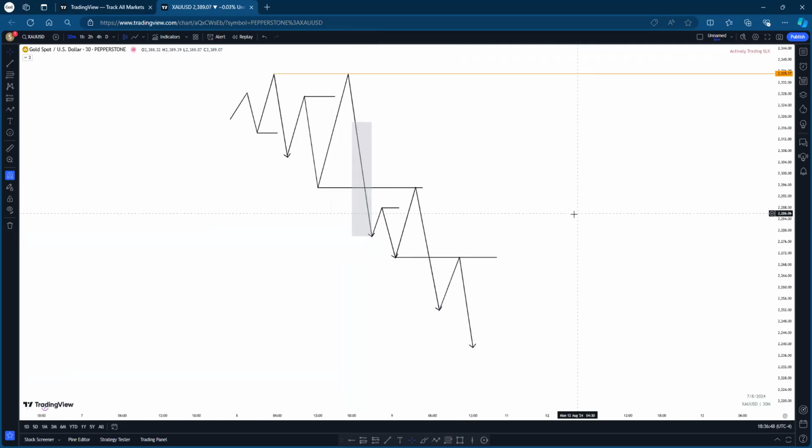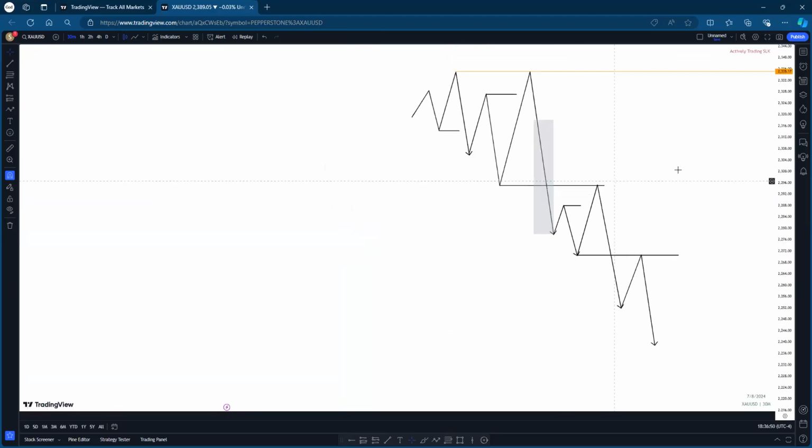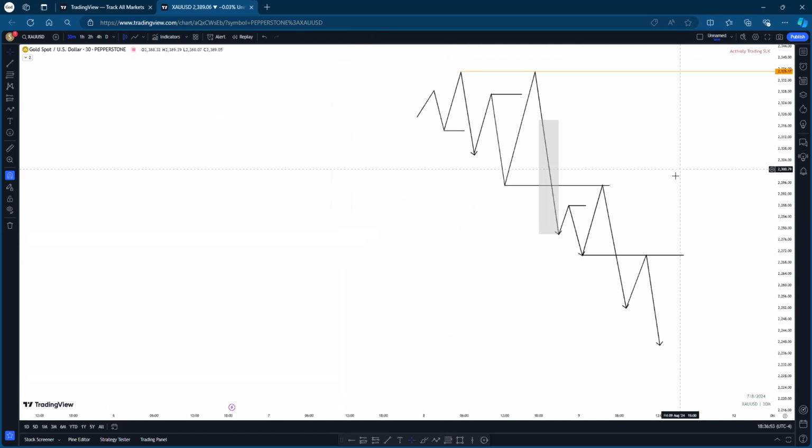So the moment you have context in trading, one of the things I emphasized today is if you're finding it difficult,